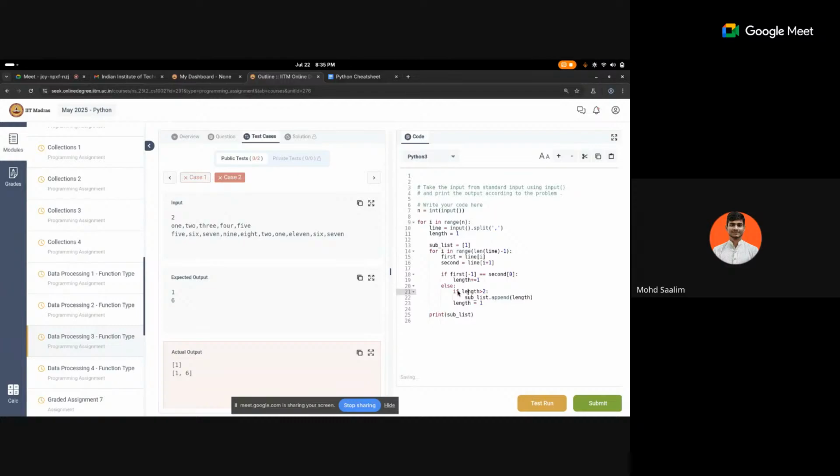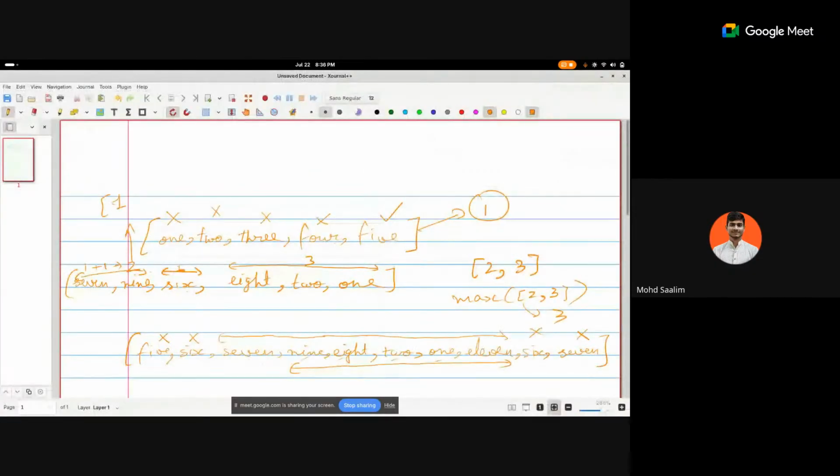If our length is not greater than 1, I should say. Why had I written 2? If my length is greater than 1, then only I am going to append. Otherwise, as I had already explained, this 1 will be appended again and again. We want to save the memory. That is why we are applying this filter, and we are going to save the lengths of all these subsequences,